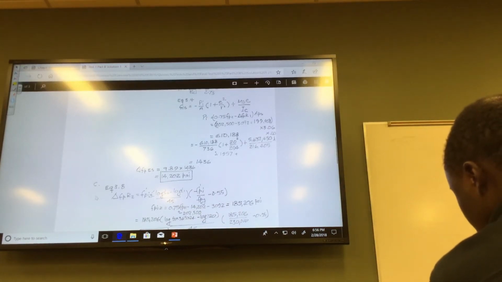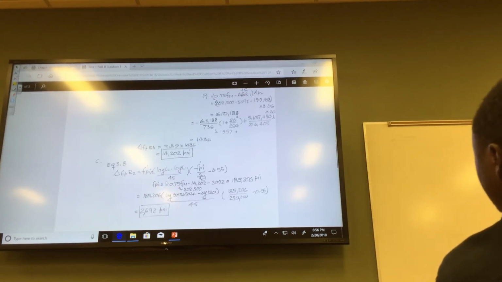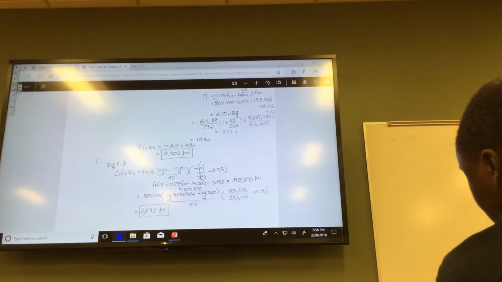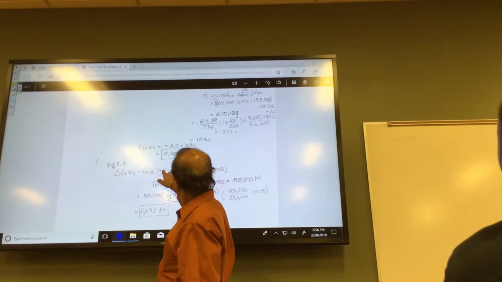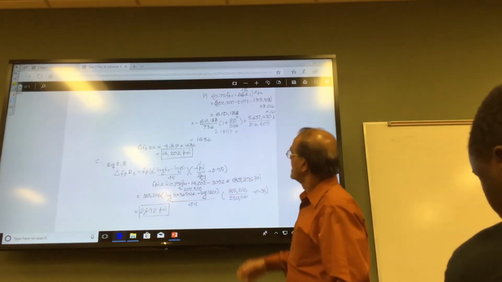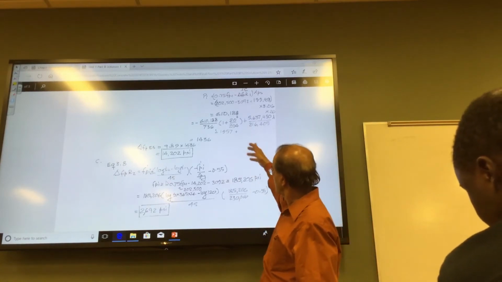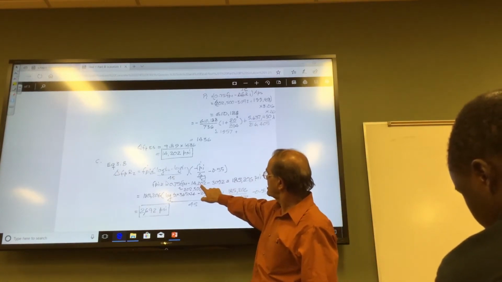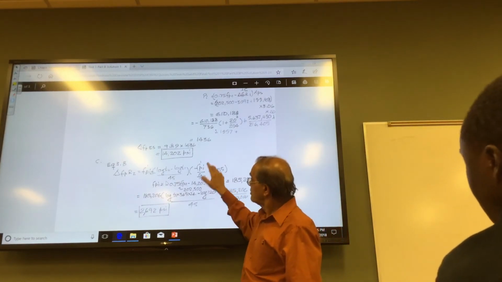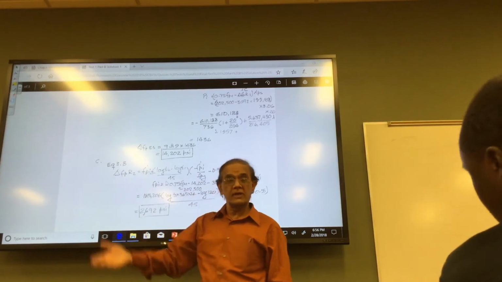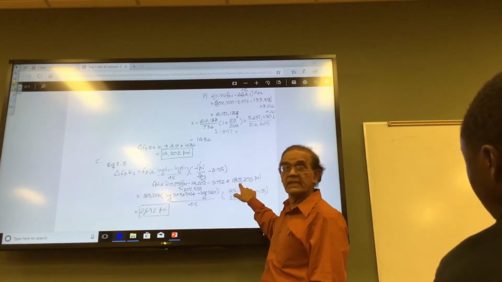Then the relaxation for the second part, item C, is from 5 days to 5 years, right? That was what was asked. So it's the same equation, except now we are using these two values of time. That's the only difference. And then by the time you're using this, your FPI has reduced because of various things. So that is elastic shortening, and this is the relaxation up to 5 days. So your relaxation for the second part, which starts at 5 days, will start at this FPI, which is 185,000,